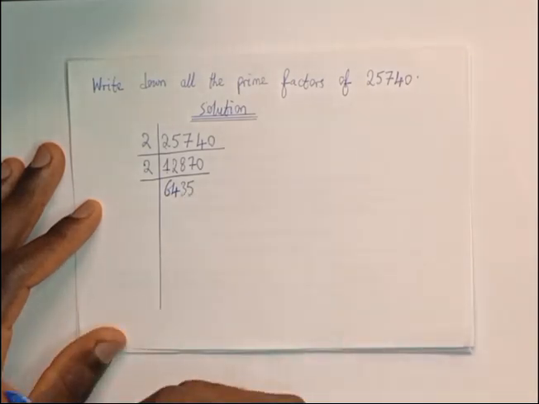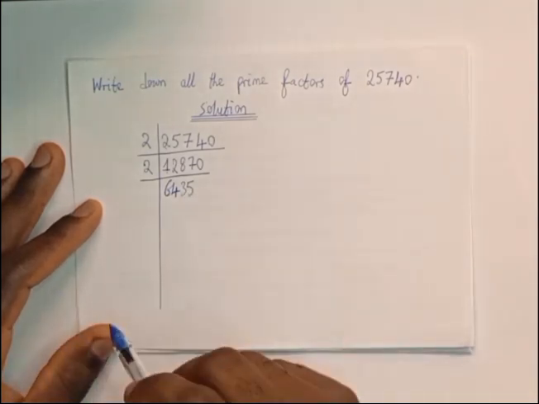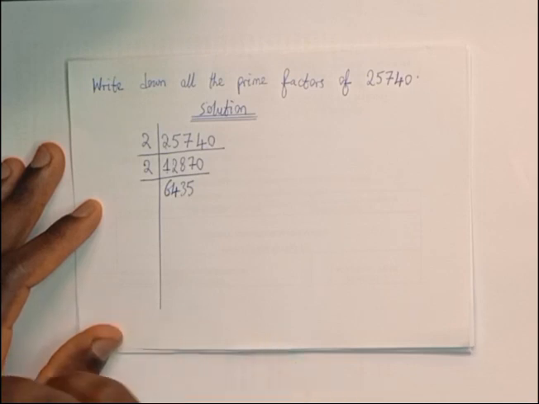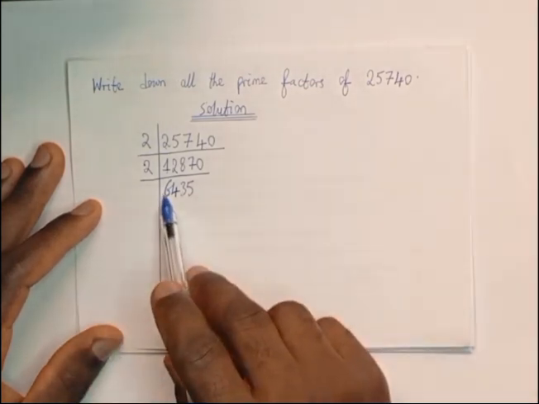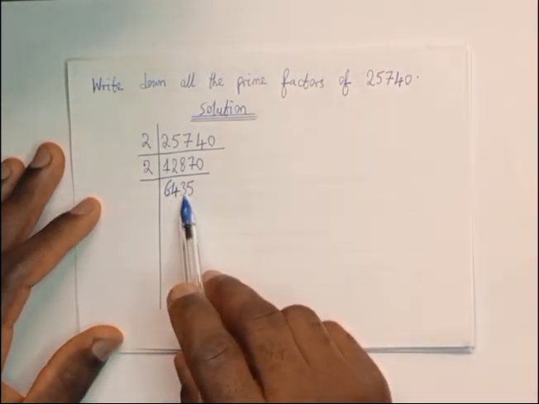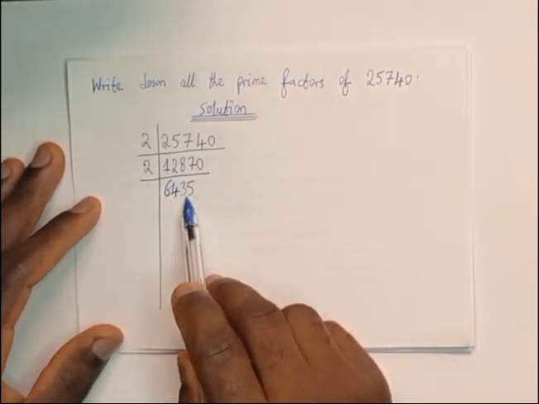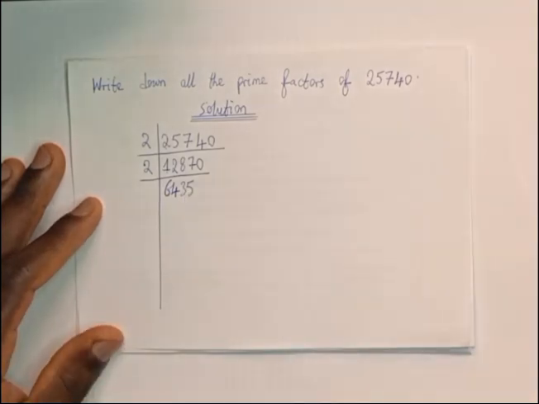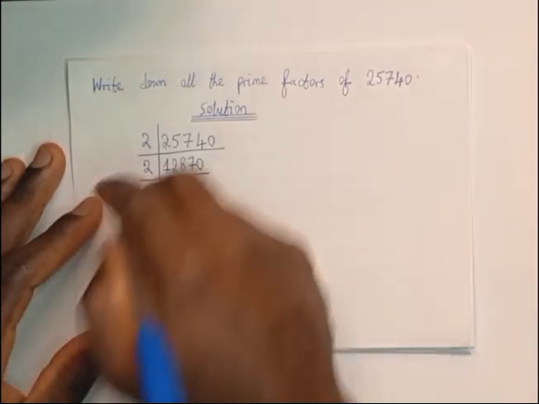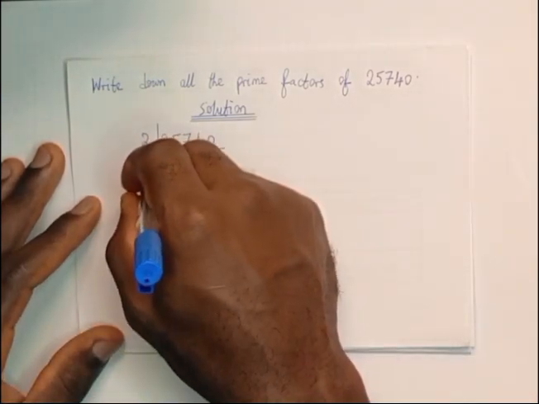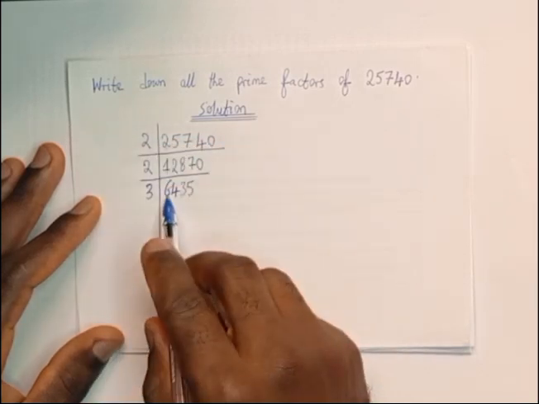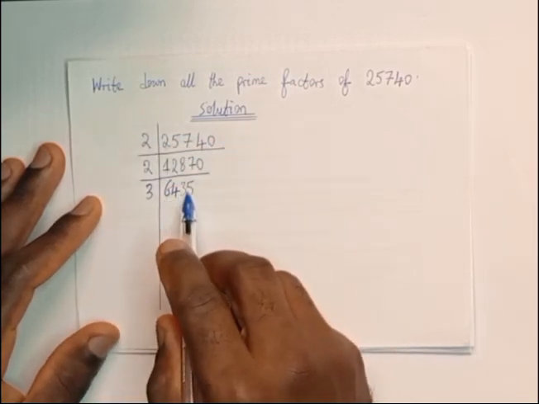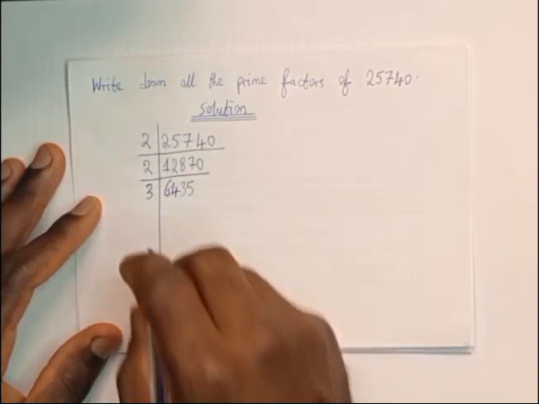Remember our lessons on test of divisibility of numbers. If you can't recall anything on that, you can check the video from this channel. You learn so much. The number 6,435 is a multiple of 3. We write 3 here. It means 3 is a prime factor of this number. 6,435 divided by 3 gives us